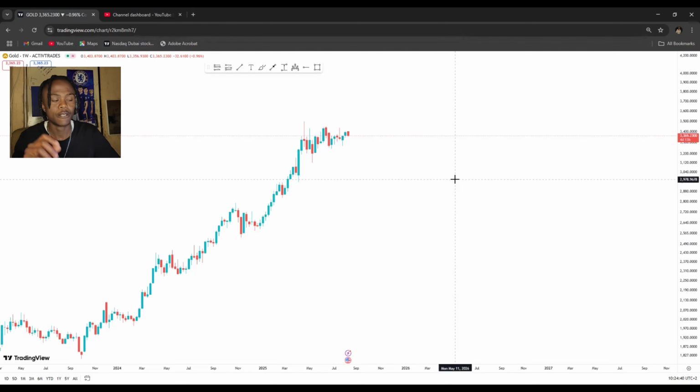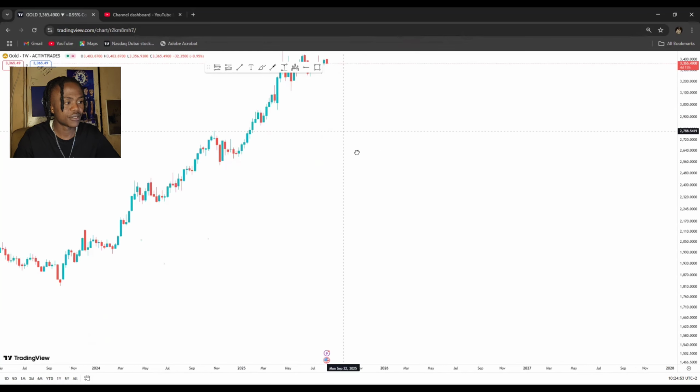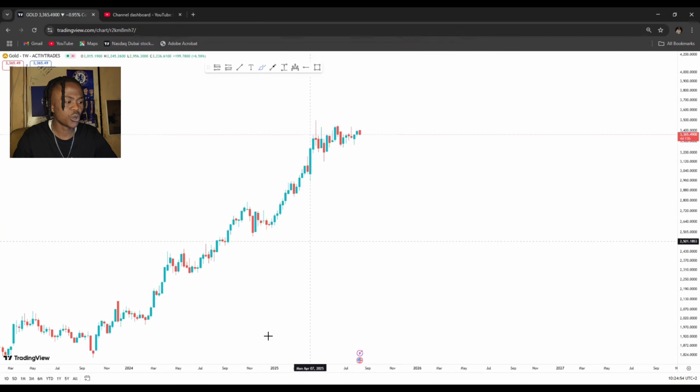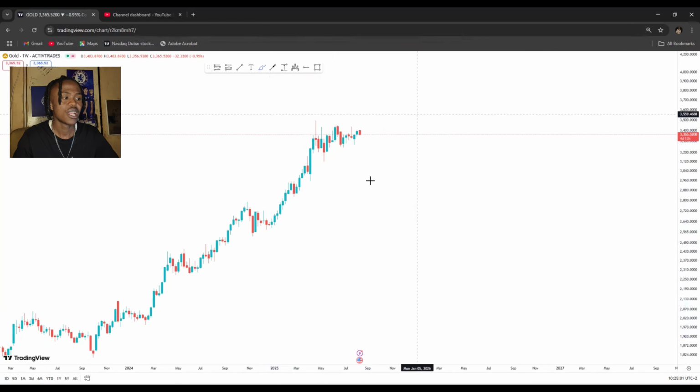But I just want to share with you guys possible directions and update you on what the market has been looking like on gold and what it might possibly look forward to, right? So as you can clearly understand, our structure on gold, price has been bullish, and our behavior, price has been moving in higher highs and higher lows, and our patterns have also been bullish. That makes it easy to understand that gold is in a strong bullish structure, right?